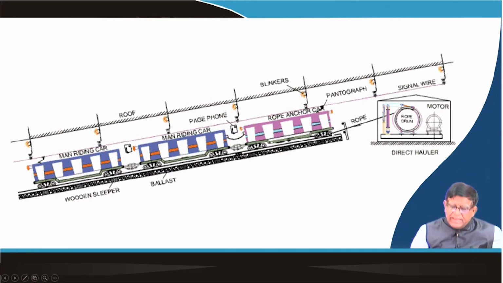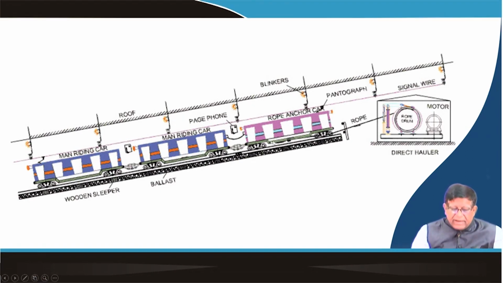So, this rope is connecting at this point, but with the help of this pantograph on the roof you are connecting that, and this rope is going to your man riding cars here, and your rope is anchoring onto this car. So, you can even have your electronic communication systems, your pagers, all these things could be there. So, the only thing that